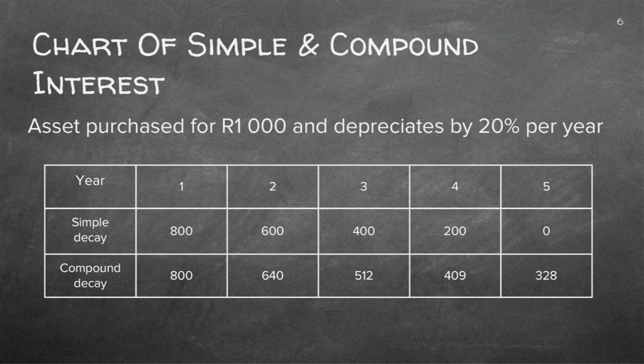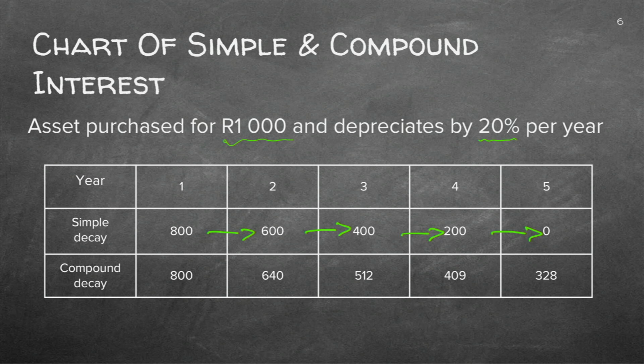Now let's just quickly compare simple and compound interest. Just a simple example. We've got 1,000 Rand, and it depreciates down, decay, depreciate, all with a D. So it goes down every year by 20%. Now, if we work it out on the simple interest, if you take 20% of 1,000, it is 200 Rand. So every year, look at it, every year, they subtract 200 Rand until after 5 years, it's 0. So every year, they just subtract the same constant amount. You remember it was written on the previous page.